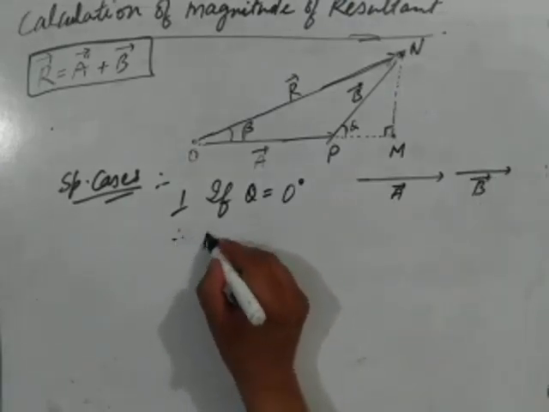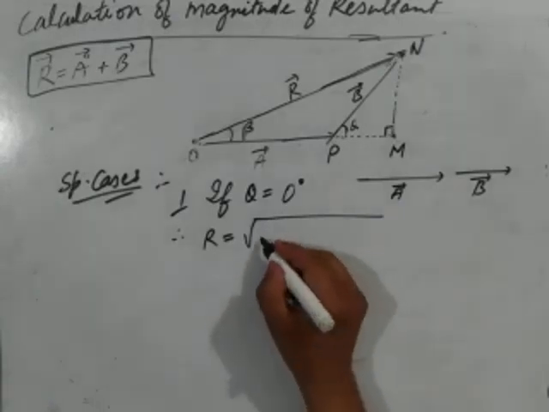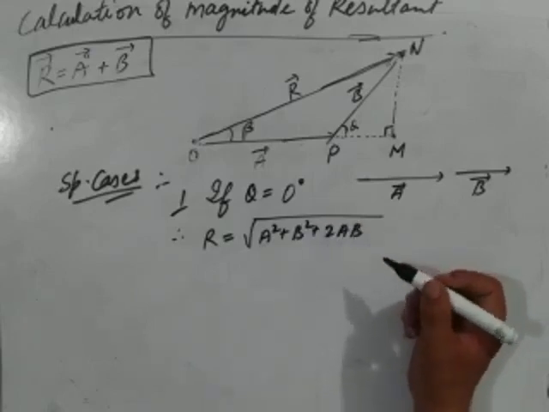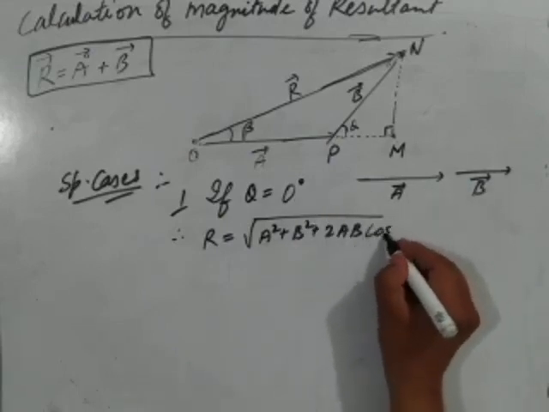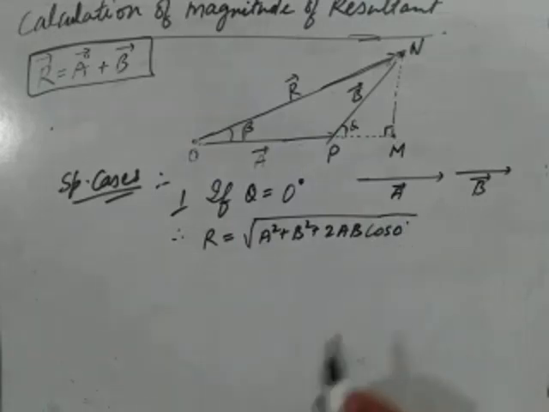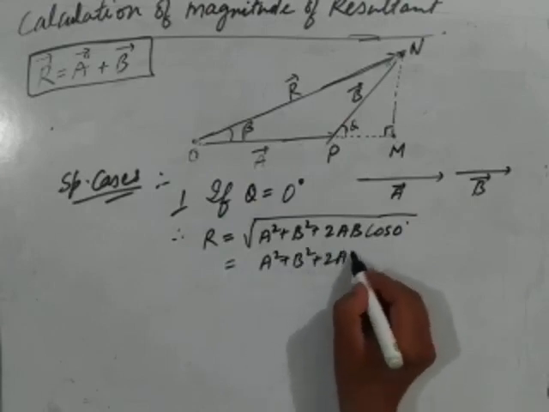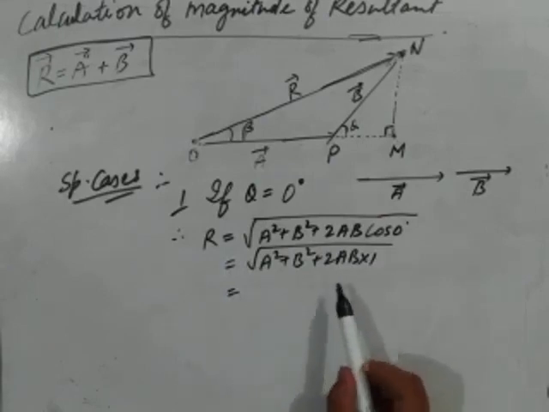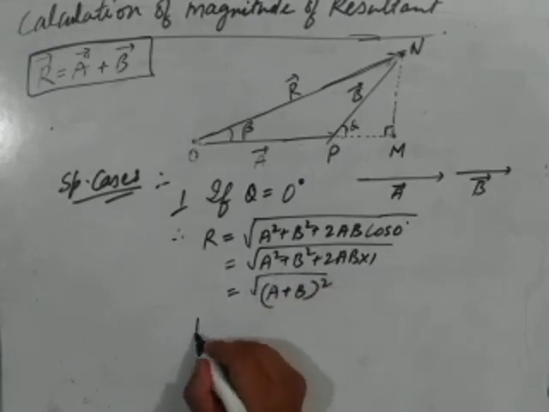Therefore resultant R is equivalent to, we will just use the formula, under the root A square plus B square plus 2AB cos of the angle between them, and the angle between them is 0 degree, but the value of cos 0 is 1, so it becomes A square plus B square plus 2AB into 1, but this becomes A plus B whole square, or R is equivalent to A plus B,